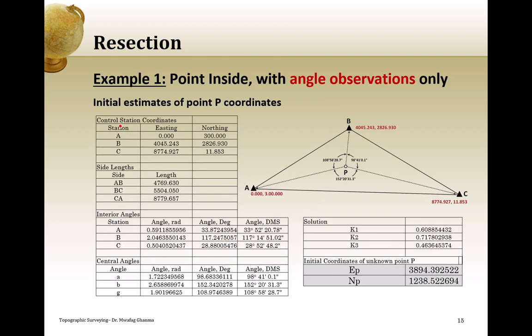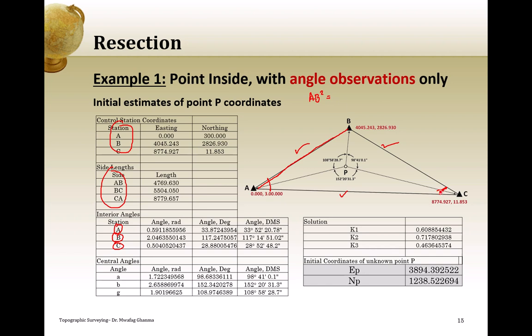What are we going to do here? We have the stations, we have the side links. These are from the control points. We can find these if we want. And then we have the interior angles. How can we calculate angle A, angle B, angle C? These are calculated using the cosine law, or law of cosines, because this is a triangle with all sides known. The starting point for solving for the angles is the law of cosines, which says, for example, AB square equals,